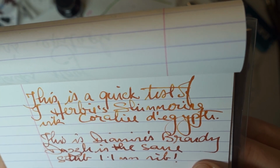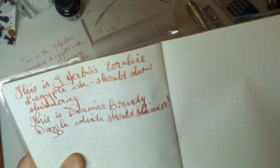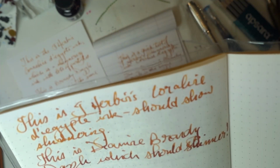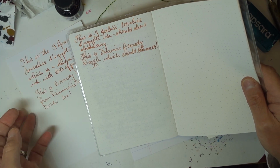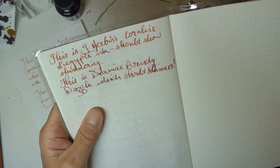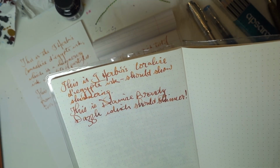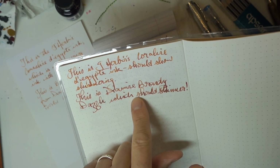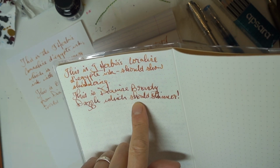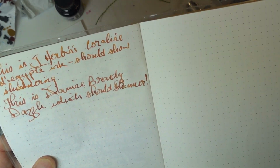You really do get your glitter money's worth when you look at the Diamine version. However, that is not the only thing that matters, is it? What you're really looking for is a good balance between the amount of glitter you've got on the page and the colour itself. Now, I like Diamine's Brandy Dazzle. It is the sort of ink that I will use on Christmas cards quite happily,